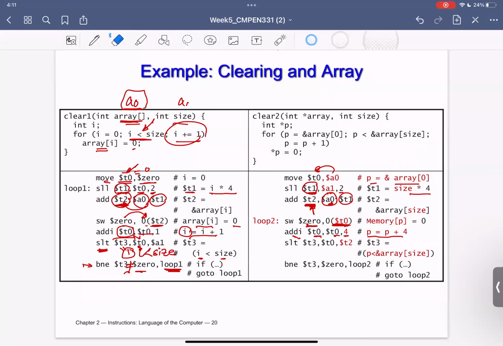And then I will do the exact same thing. Set less than, if this is less than that or not. If this is equal to 1, so this will be not equal, and then I will keep looping. But the good thing here is that I'm looping with only 4 lines instead of 6 lines.